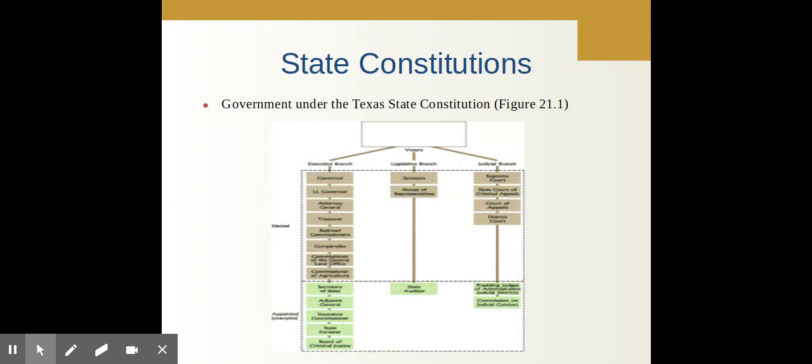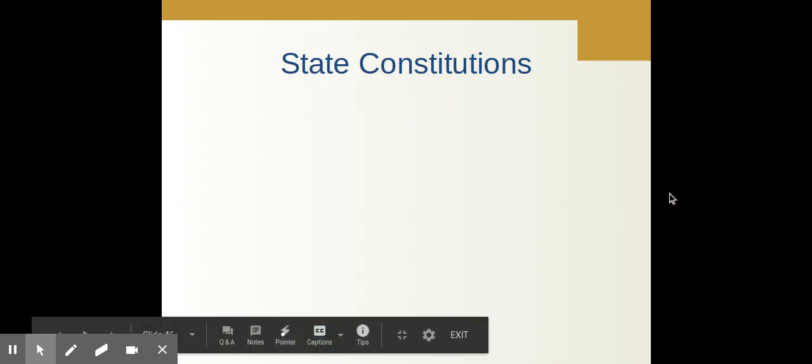And if you wanted to zoom in on this, there you can see the Texas State Constitution. The Texas system often brags about their governors, but their governors are incredibly weak. And how you can tell that is, the more executives you have, especially those that are elected, the less powerful the governor is. And Texas has a number of elected executives, so the governor doesn't actually have that much power altogether. So that's how the constitutions can differ.